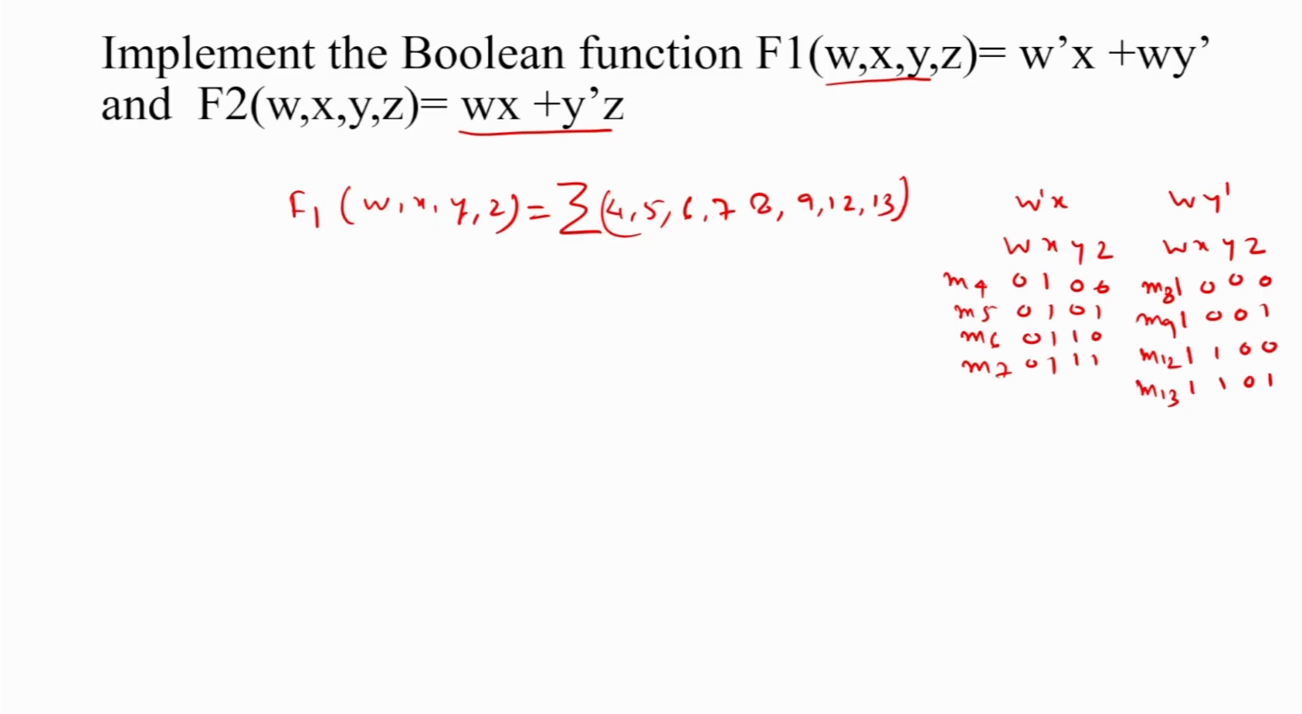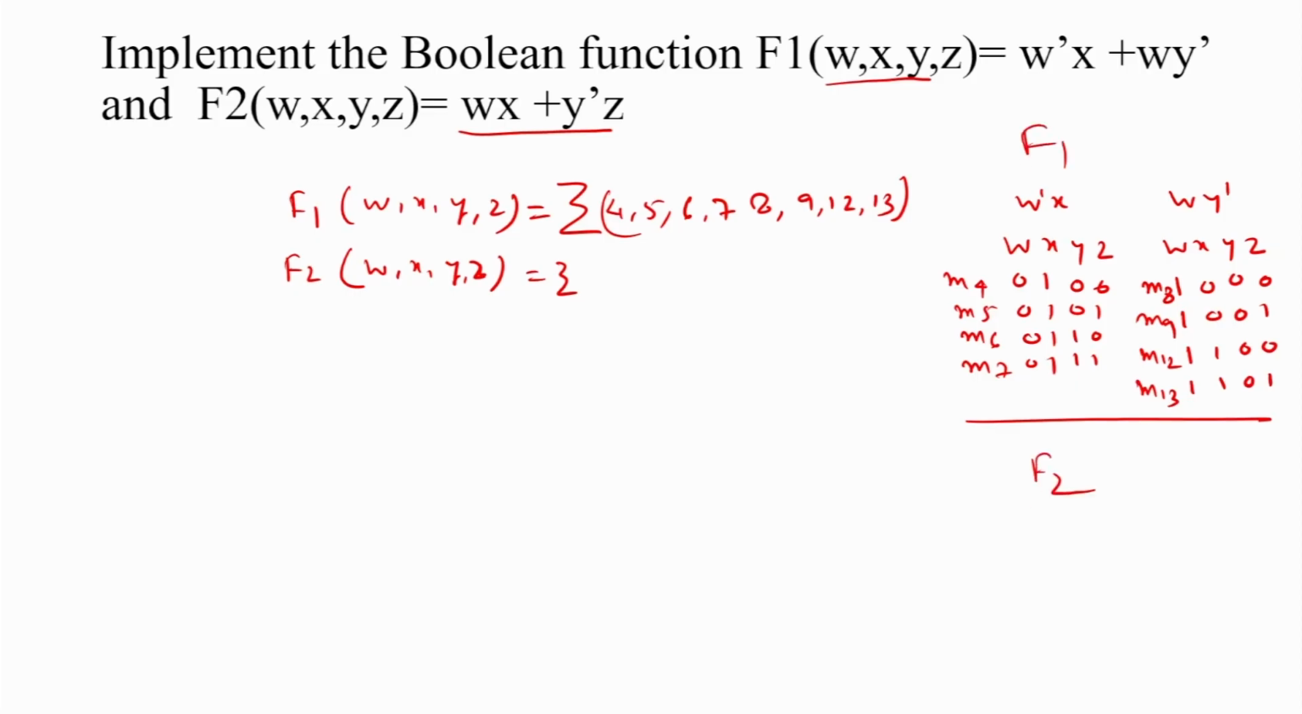in the rest of the combinations the output of function f1 is 0. Similarly, we also write the standard SOP form of the second function f2 of w x y z, that is written as the summation of wx. This is the function f1, and when we write f2,